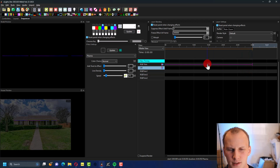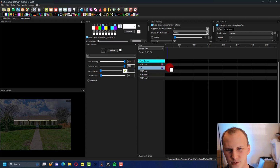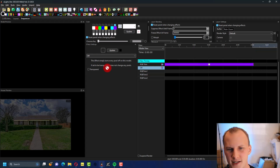That's always the part where xLights is not really made for stuff like this, where it's looping constantly. So we're just going to do an on effect. Some of the effects definitely can work on a loop, others not so much. So I'm just going to set it purple, and then I'm going to use the off effect on